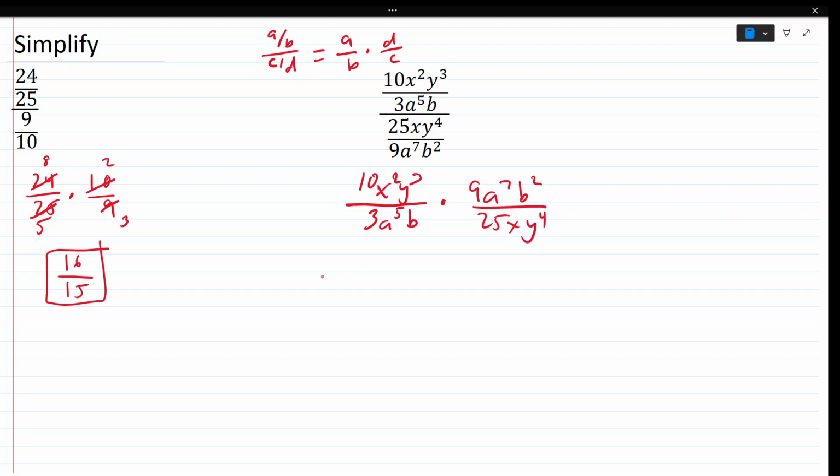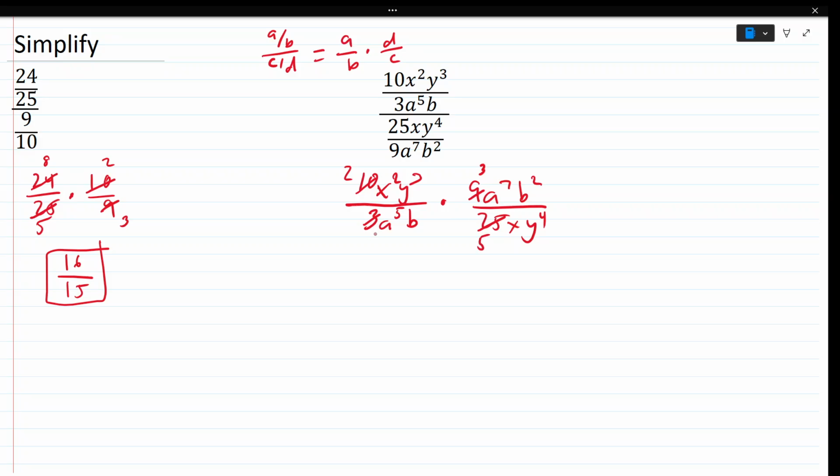And then we see what could cancel. Well, looking at the coefficients first, the common factor of 3 cancels, in the top and bottom of the first and the second respectively, so this would still have a common factor of 3 for that one. And then the 10 and the 25, those have a common factor of 5. So cancel out the 5s, we'd still have a 2 for that one, and then a 5 in the denominator